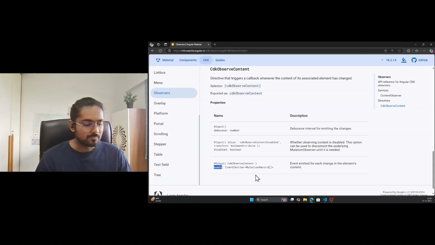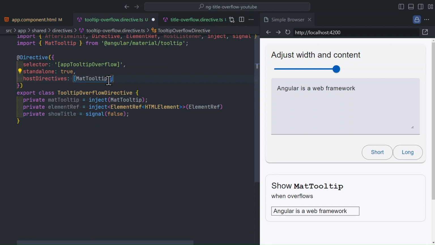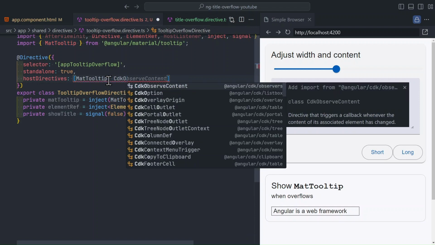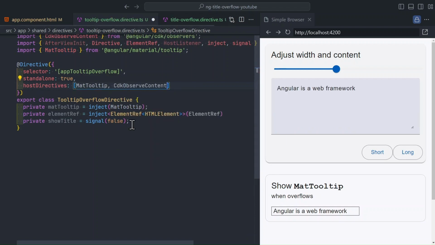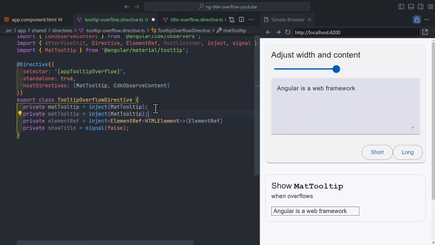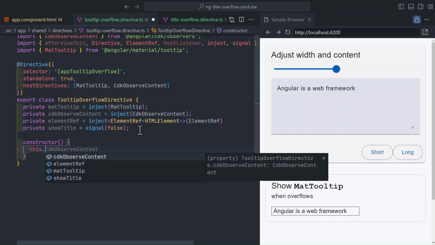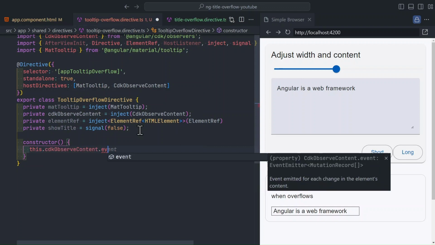Let's try that again. Host directives to the rescue. What we will do is utilize CDK observe content. We will inject CDK observe content, and we will listen to its event in our constructor. Whenever it gets changed,